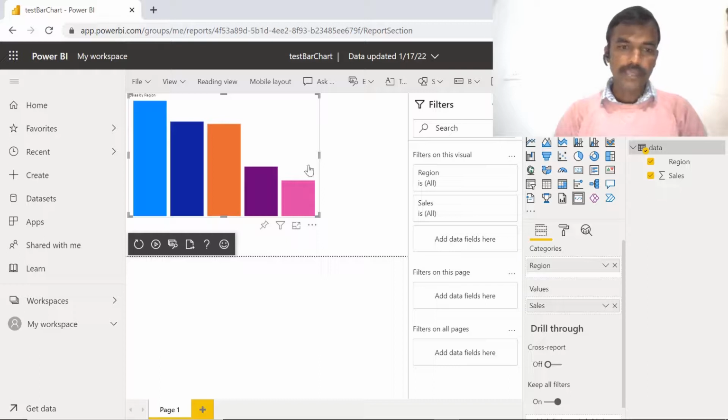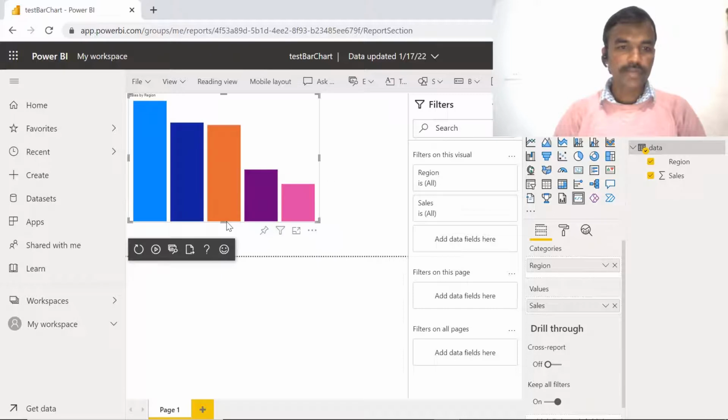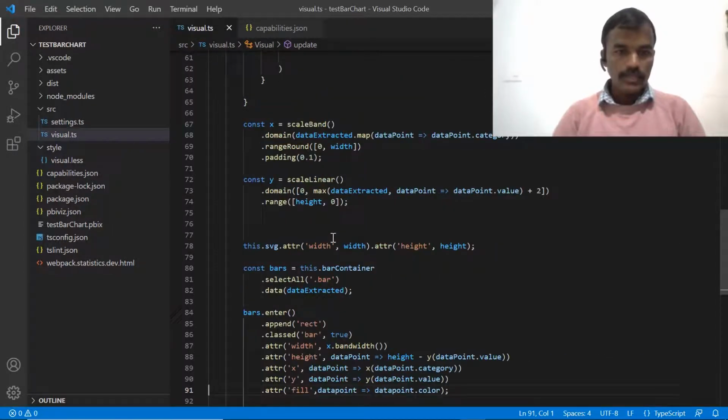Let's try to add an x-axis to this chart. In the previous video, we saw how to color this bar chart. Now we are going to see how we can add an axis to this column in Visual Code. For this, in the update function where we have the constants x and y axis,